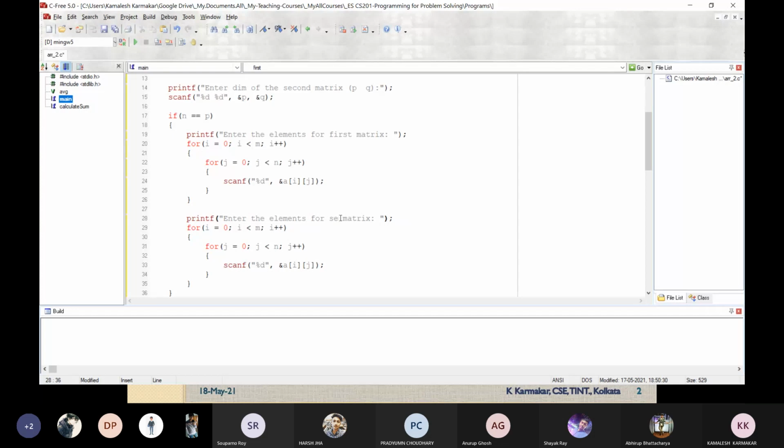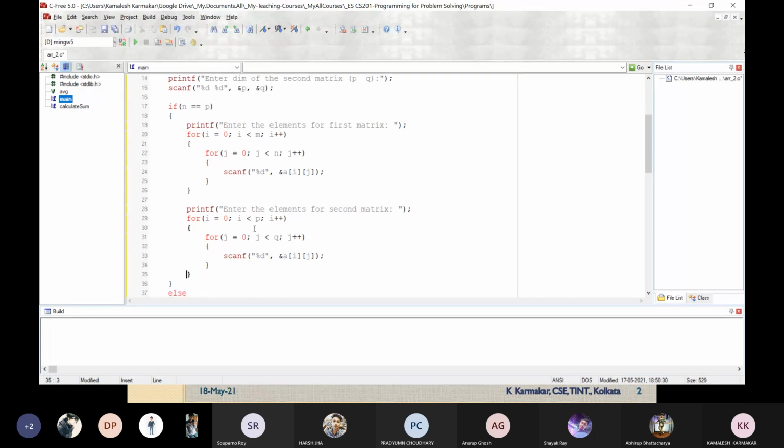Nothing else. Now, in case of the second matrix, what is the dimension? P number of rows and Q number of columns. So we'll run this loop up to this. Is there any confusion up to here? Okay. So we have taken the input for matrix 1 and matrix 2.